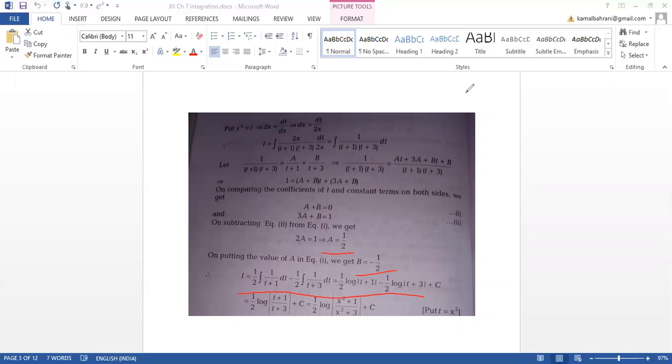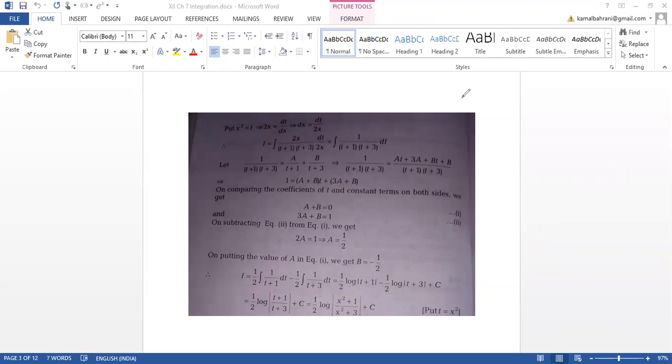That's why we have not written. In the last question it was 1 minus t. So when we differentiate this 1 minus t, we were getting minus 1, so we were dividing it by minus 1. But here what are we having? T plus 3. So differentiation of t plus 3, 3 is constant, 0. T, differentiation of t will be 1. So divided by 1. So there is no need to write divided by 1. That's why we have not written.